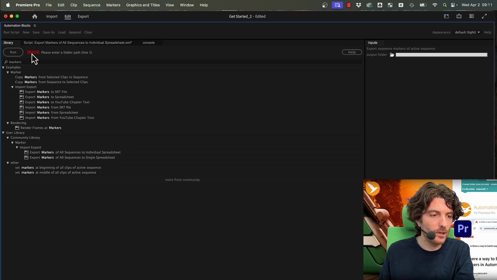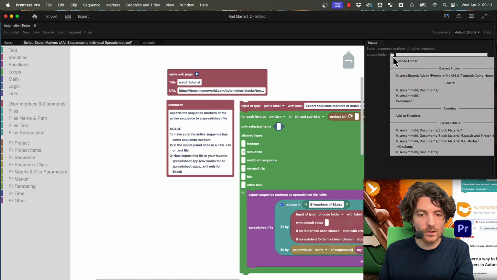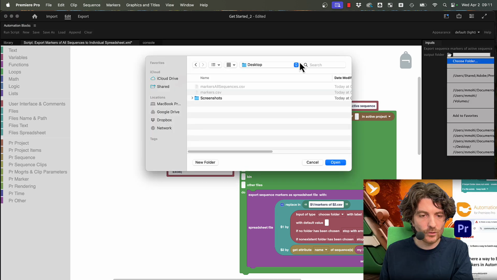Yes, it returned an error when running the script: please enter a folder path. Why did it enter this error? Because in our input we've got this: if no folder has been chosen, stop with error. So we choose a folder, just using the desktop is fine in my case,